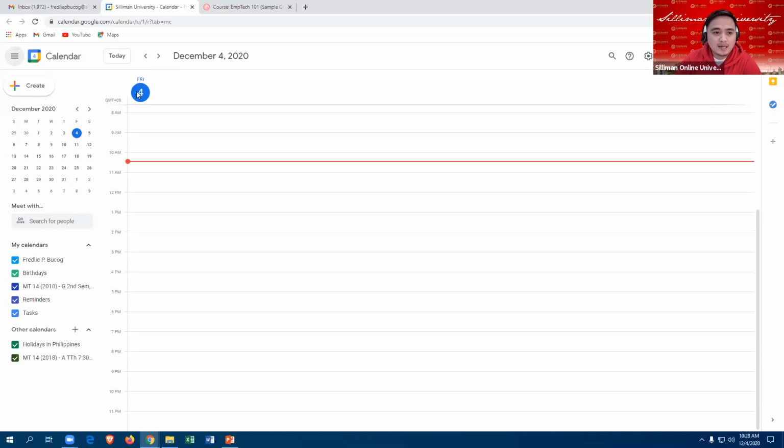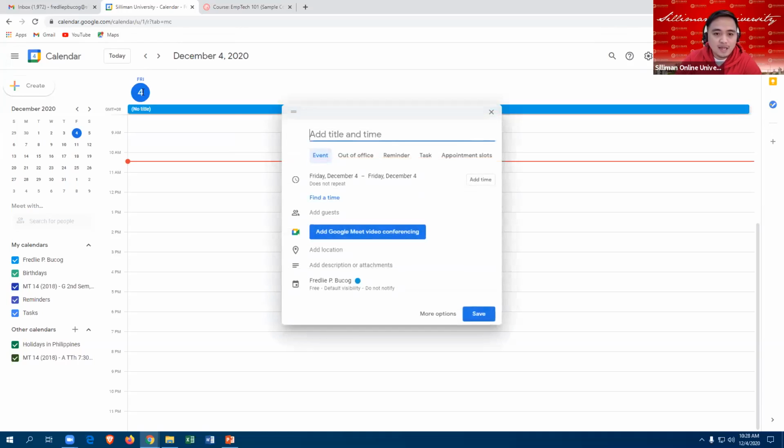You click the day, and then now you can add an event. So we are now setting a schedule in our Google Calendar, of course, with the Google Meet feature. Here we click add title and time.